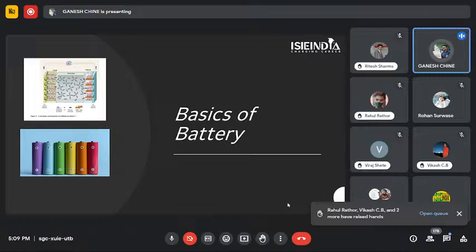While selecting the enclosure, we use a suitable material, because the material increases the weight of the battery pack. In a battery pack, the first aim is to minimize the weight of the battery. That is the most difficult challenge in the design of a battery pack. And then the fifth material is the